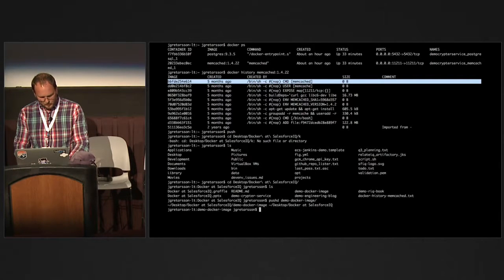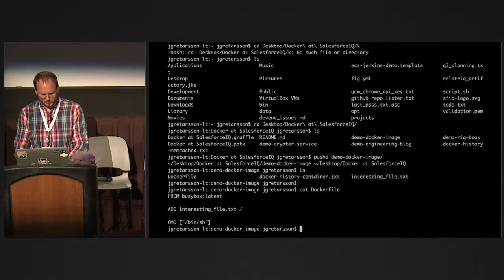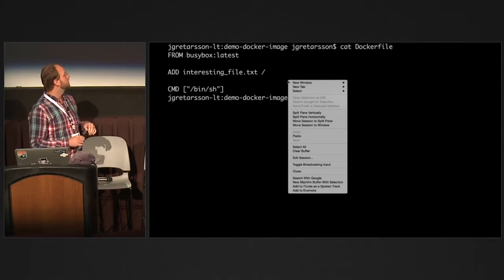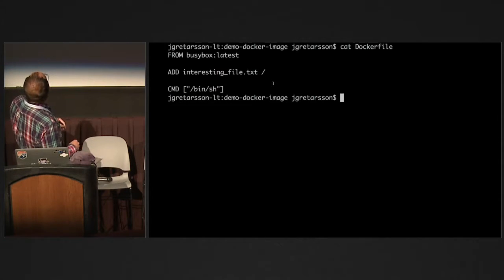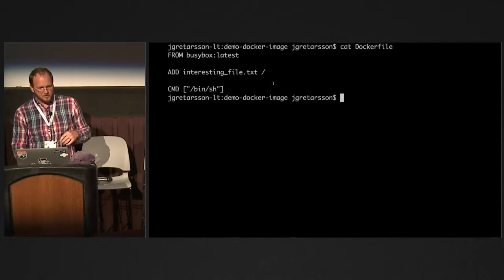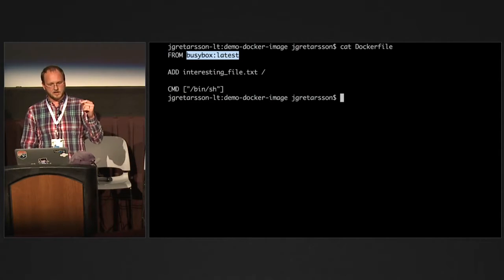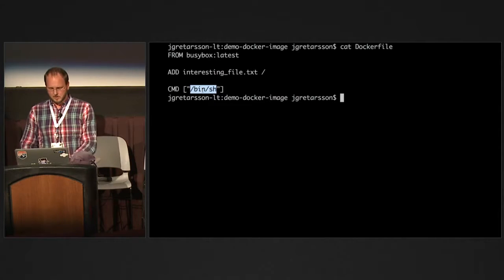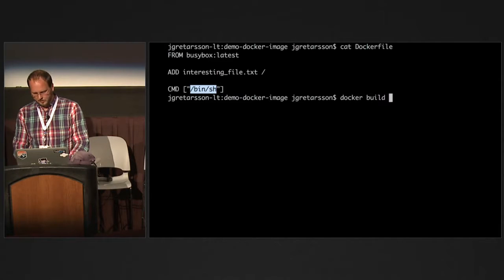Demo Docker image. Cool. So I have a really simple Docker image here. And we can go back to being really big again. So I have a really simple Docker container here. And you can see all it does is start with a really thin version of Linux, adds an interesting file, and then sets the default command to be sh. So if we build it,